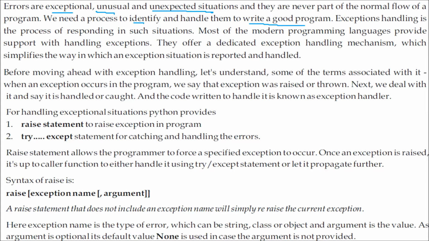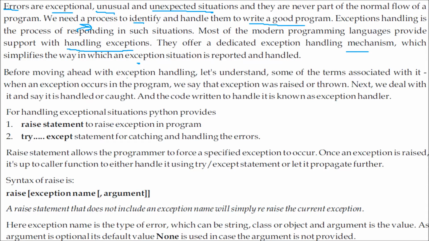And exception handling is the process of responding to these errors or conditions. Most modern programming languages provide dedicated exception handling mechanisms, which simplify the way in which exception situations are reported and handled.